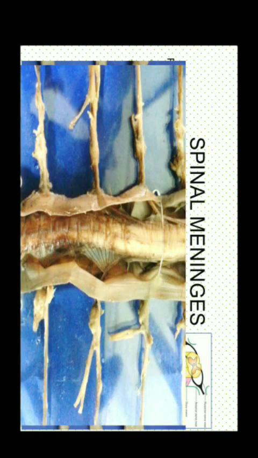I have one more picture from our museum which shows the ligamentum denticulatum. Here you can see the dura mater has been cut open, and these are the spinal nerves which are tied, and this is the spinal cord. Here you can see these thin transparent tooth-like or conical structures, the ligamentum denticulatum. Here also you can see it in the lower part. The ligamentum denticulatum is present between the two roots of the spinal nerve, and it is said that they act as a guide for the neurosurgeon performing cordotomy.